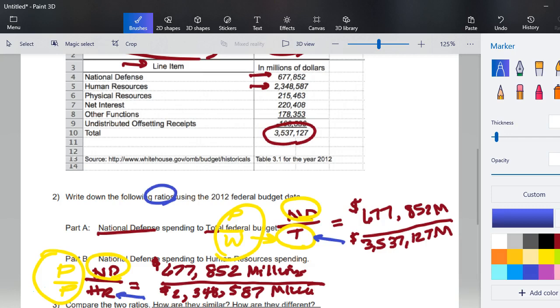Question 5, what do these ratios tell you about the federal budget priorities? Which of these ratios helps you to understand federal budget priorities better and why? A lot of opinions here, a lot of different things you can write down, and you should take time to observe, process, and write down some information. But like part B, on part B, it could be more helpful because when you're comparing two parts, you start to see